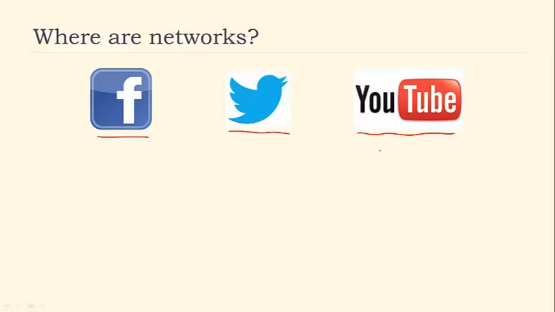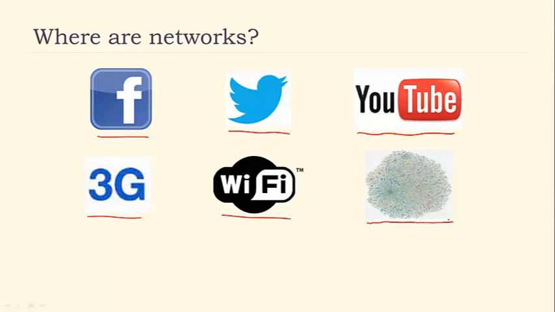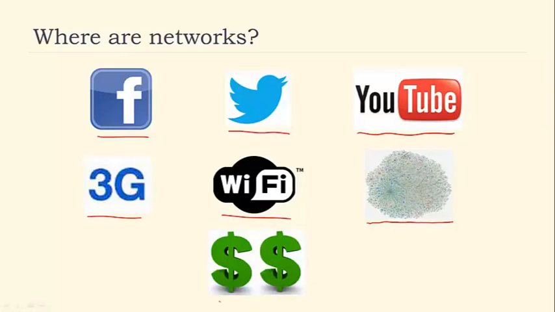Next, we have technological networks. For example, 3G, Wi-Fi, or the internet. You may run 3G on your smartphone. Wi-Fi can be run on any smartphone or any internet-connected device like your laptop. And the internet is basically the place where all of these processes are run on top of. Now, these are just 3 examples of technological networks and 3 examples of social networks. Clearly, there are many, many more, which we will look at. Now, we also have what we call economic networks, which determines how these different services are priced. So, for instance, how much you have to pay on your 3G data plan each month for the services that you use that go over the internet.